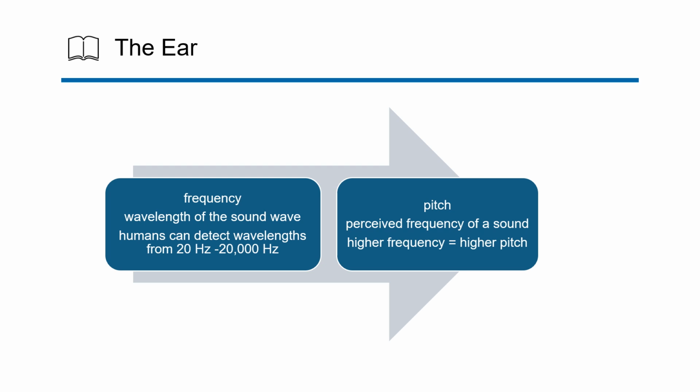Now the range of human hearing is from as low as 20 hertz to as high as 20 kilohertz, or 20,000 hertz. And this is really for young people. As you get older, that range starts getting smaller and smaller. 20 hertz is very, very, very low, deep bass, drum bass sounds on a system, and 20 kilohertz is very, very high. So younger individuals can typically hear those high frequencies better than adults because their hearing is more sensitive, and you lose that sensitivity as you get older in age.